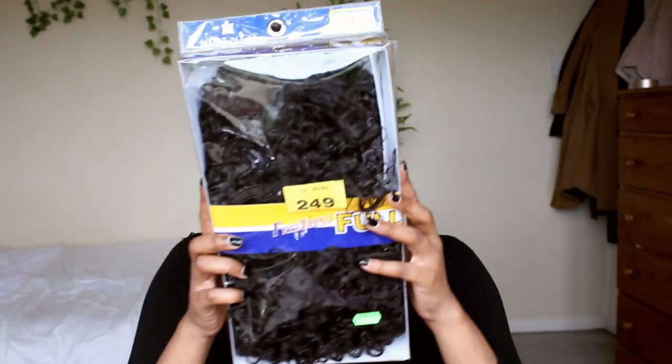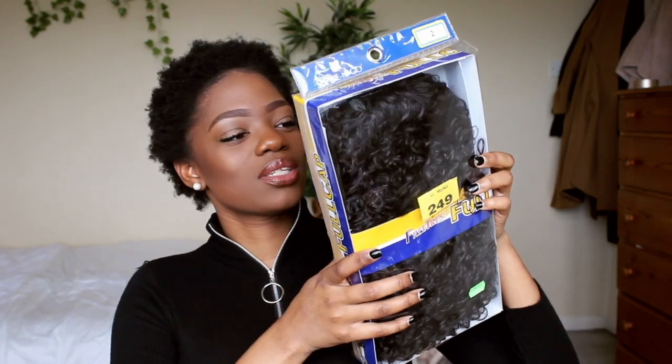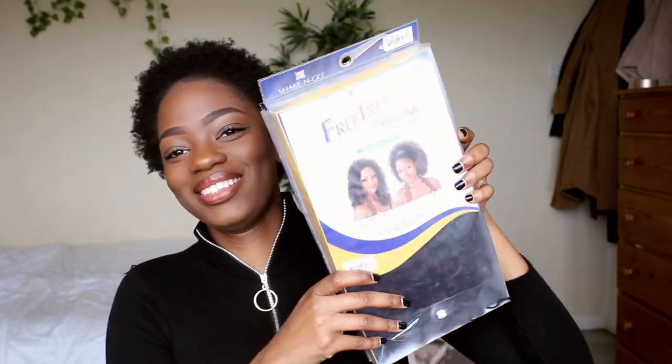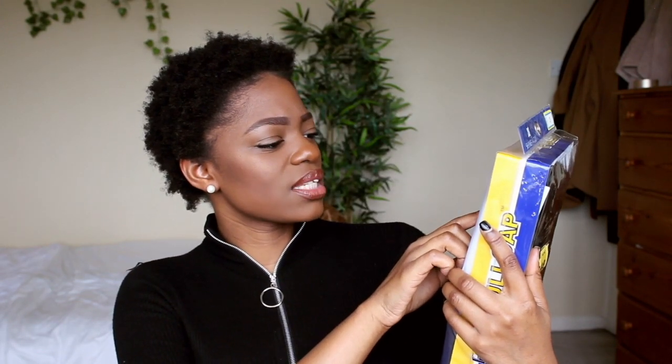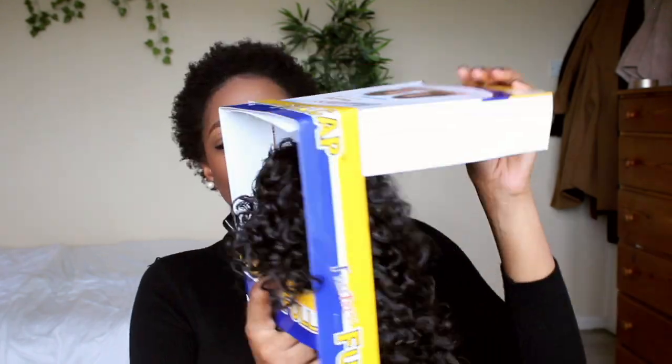So this is the wig. I opened it up the other day, so this is not actually how it looks in the box. So it's the Freetress full cap wig, complete style in 1 minute, and it's the style Krita Girl, in color 2. So I'll just take that out so you guys can actually see it. So you've got a little bit of vision there. If I open it up,